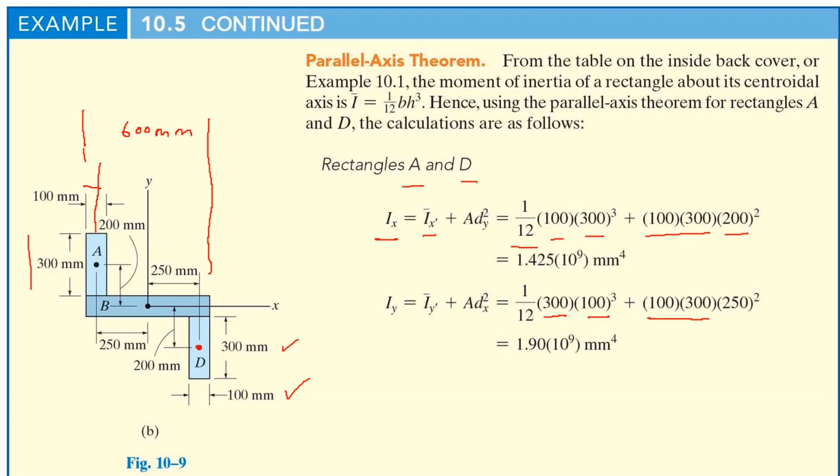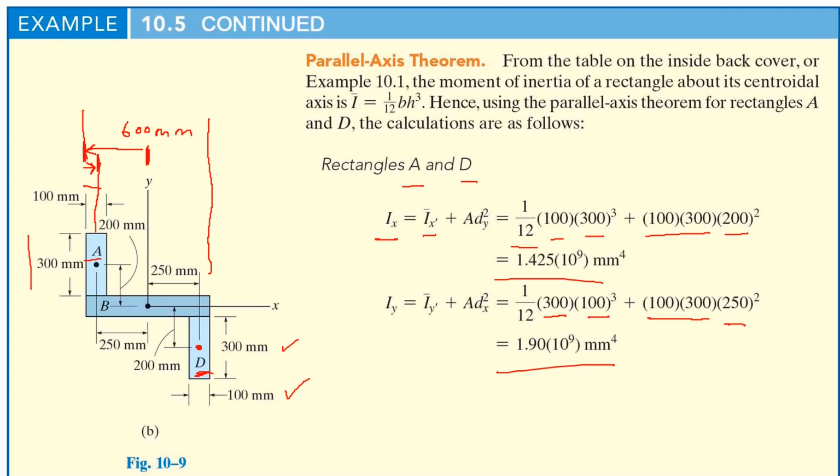Total width is 600, so it's 300 from here to here. Take away 50. 300, take away 50. 250 squared. Crunch the numbers. That gives you Ix and Iy. For each one individually, we have to double it to get the moment of inertia of the two, of A